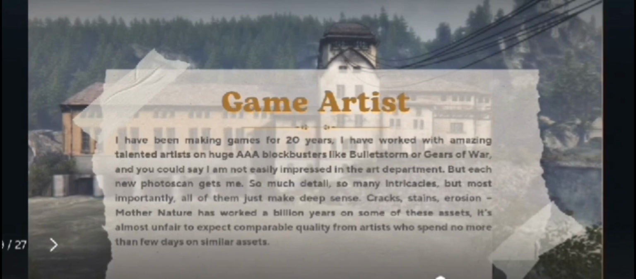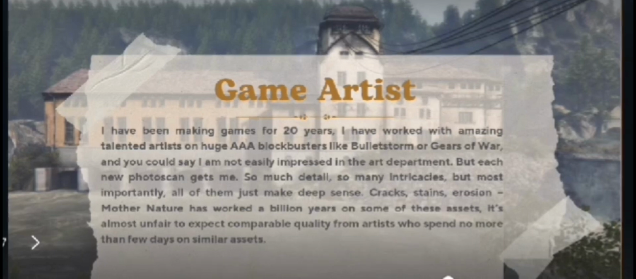Game artist. I have been making games for 20 years. I have worked with amazing, talented artists on blockbusters like Bloodstone or Gears of War. I am not easily impressed in this department,